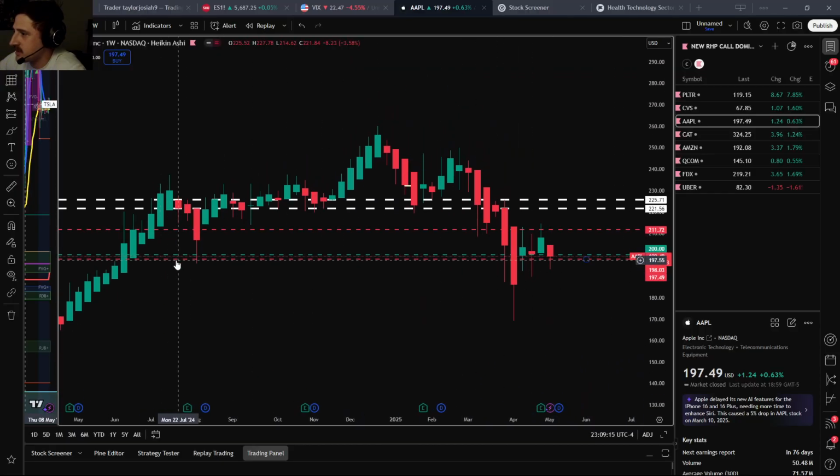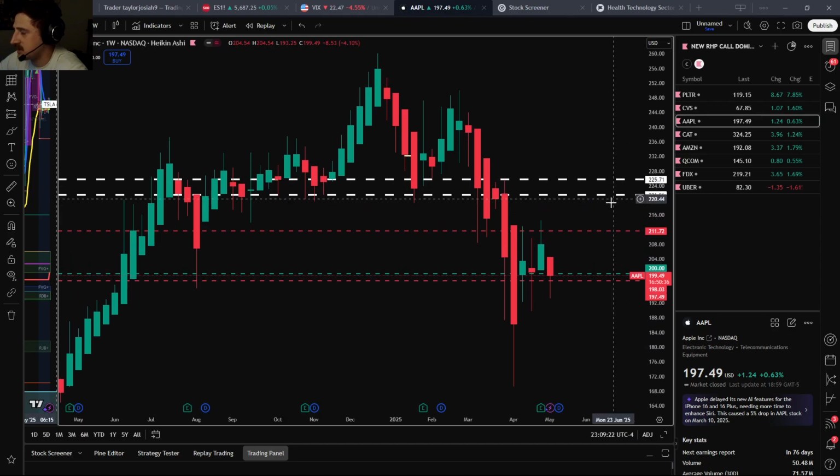Alright, so you can see that this is some sort of support right here at 198. We see every single time buyers have stepped in. I would want to see if this continues, to see if buyers have stepped in this zone. We're already at 197.49. We don't know